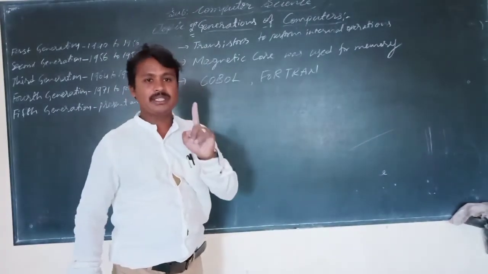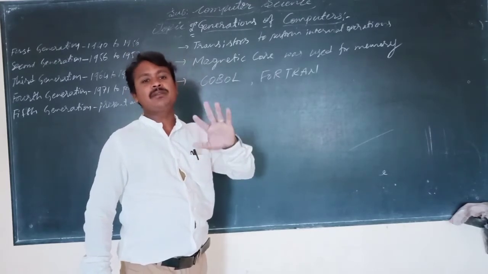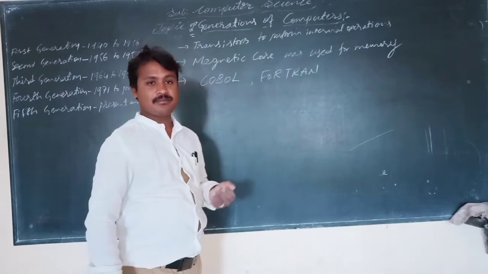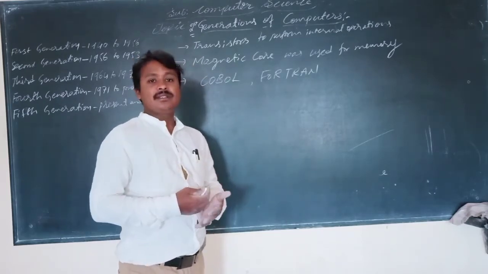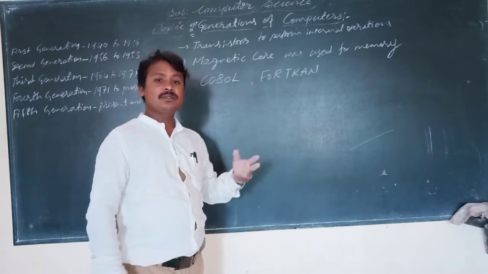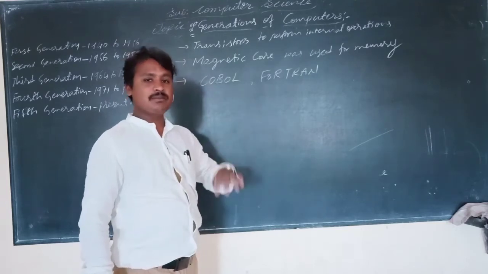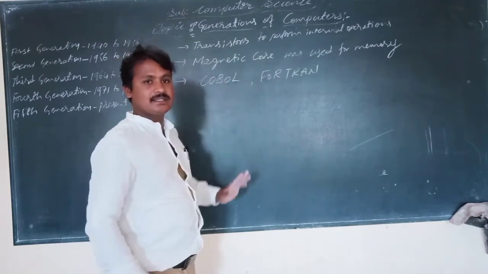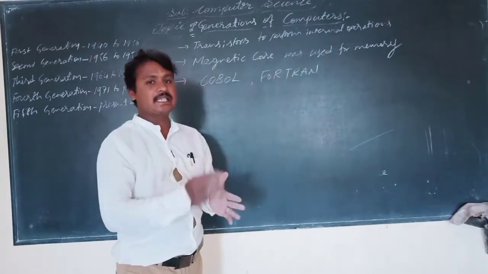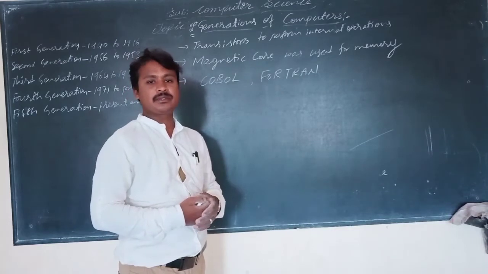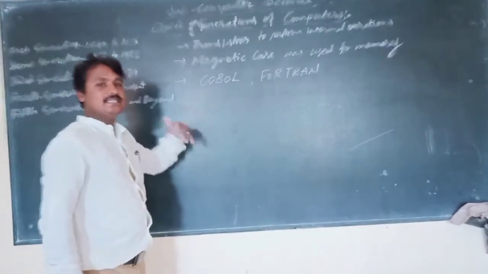The first point is important: vacuum tubes are replaced by transistors. In first generation computers, they were using more than 2000 vacuum tubes. Instead of vacuum tubes, they are replaced by transistors here. Hence, what happened? The size of the computer gradually decreased. Understood everybody? Here, the next generation